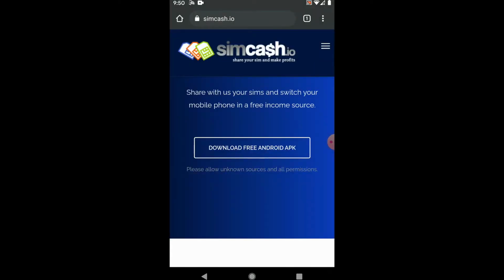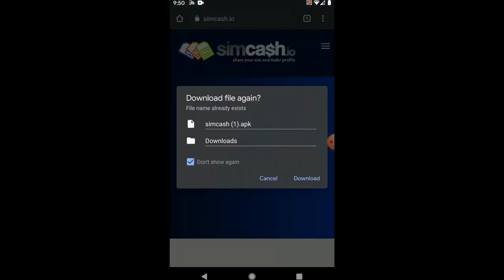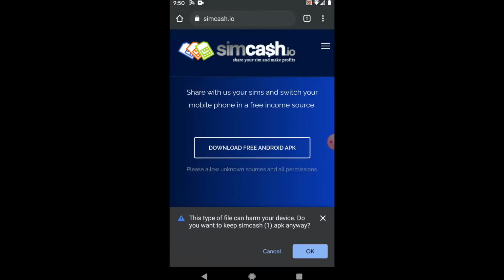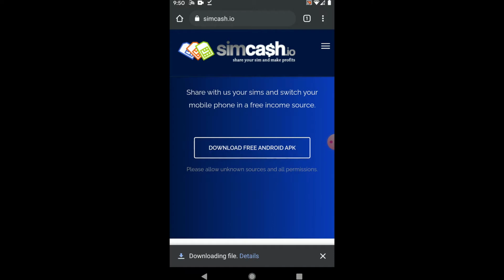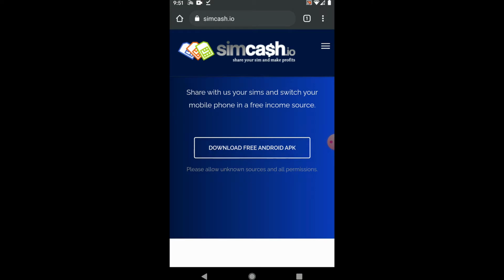After it's done, and you run the APK file, it'll also say that you may need to change some of your settings. I already have it installed. I don't think it will let me do it again. However, all you gotta do is go in there and allow it to install from an untrusted source. Most people who have ever heard the term sideloading already know the process and can get that going. So after it's installed,